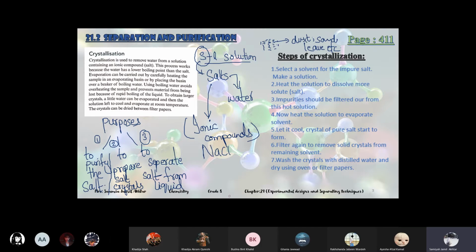So this is metal and non-metal. This is a salt, an ionic compound. Similarly, all of them which are made up of metal and non-metals are called salts: magnesium oxide, magnesium sulfate, potassium sulfate, potassium nitrate, etc. All of them are salts which are made from metals and non-metals.